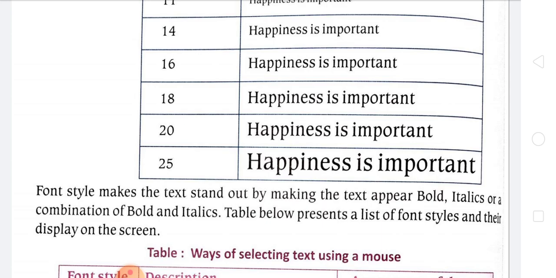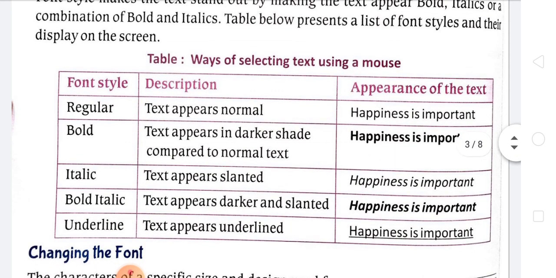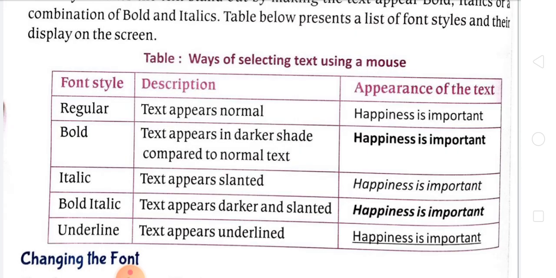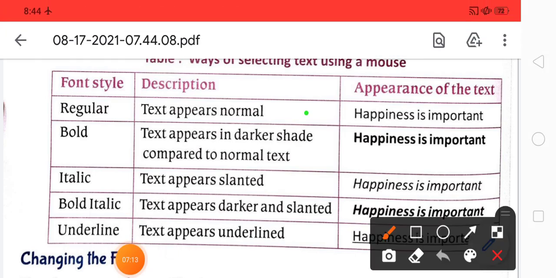Font style makes the text stand out by making the text appear bold, italics, or a combination of bold and italics. The table below presents a list of font styles and their display on the screen. Whenever you choose Regular, that is the normal option, the text appears normal, just like this. Whenever you choose Bold, the text appears in a darker shade as compared to normal text.